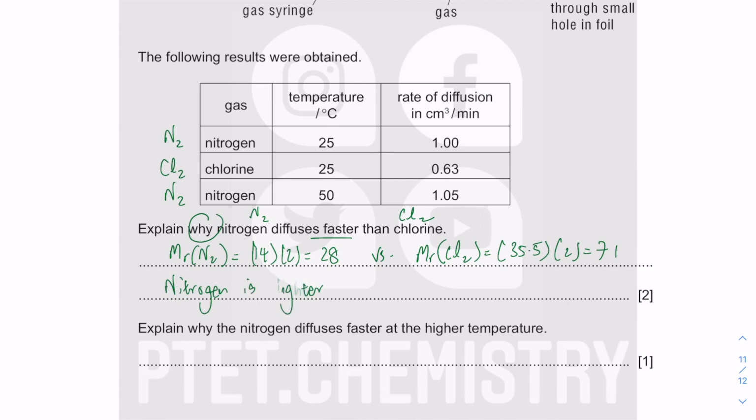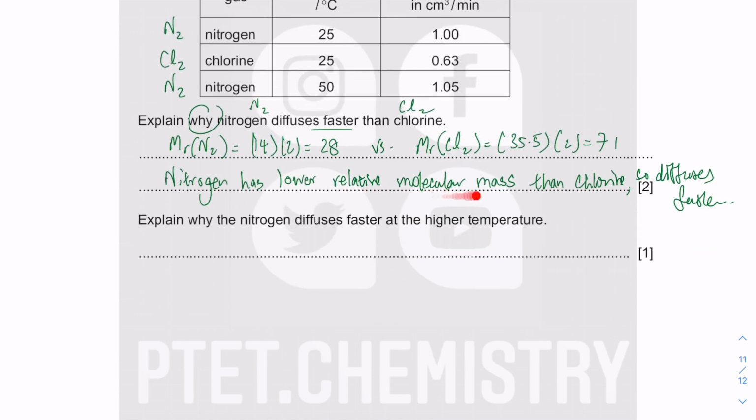Maybe I don't want to use the term lighter, maybe I should use the term relative molecular mass. Yeah, nitrogen has lower relative molecular mass. Try to be as exact as possible. Nitrogen has lower relative molecular mass than chlorine, so it diffuses faster. Part of my explanation is showing the working, the calculation, and then I can state the difference in the molecular mass. Now the next bit is basically asking you nitrogen versus nitrogen,